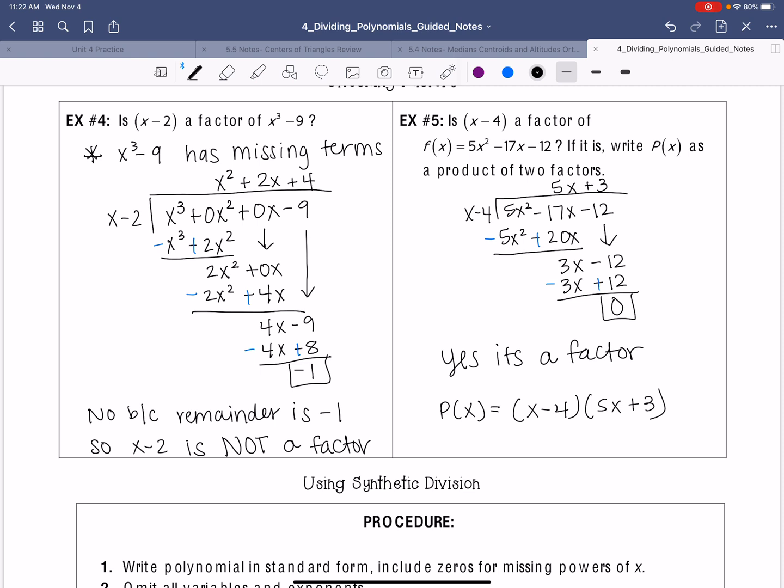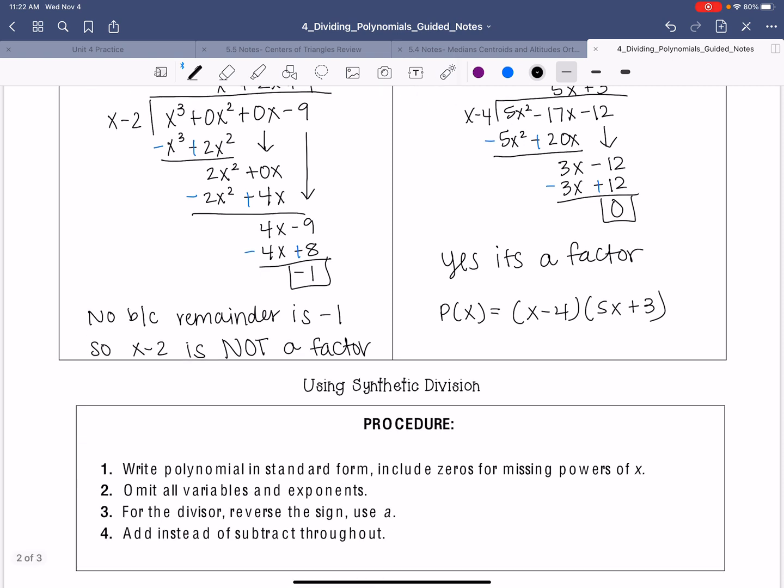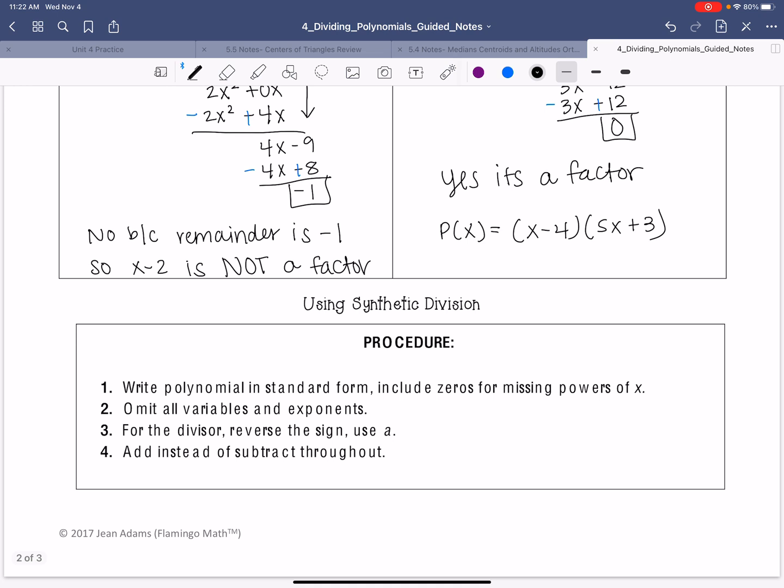Okay, so that's long division. Now I'm going to teach you something called synthetic division. Synthetic division is going to be our main go-to. It's what we actually really like. It's quick, it's easy, and it's going to be really useful for when we start doing the next section, because it's quick. So, the procedure for synthetic division: you're going to write the polynomial in standard form, include